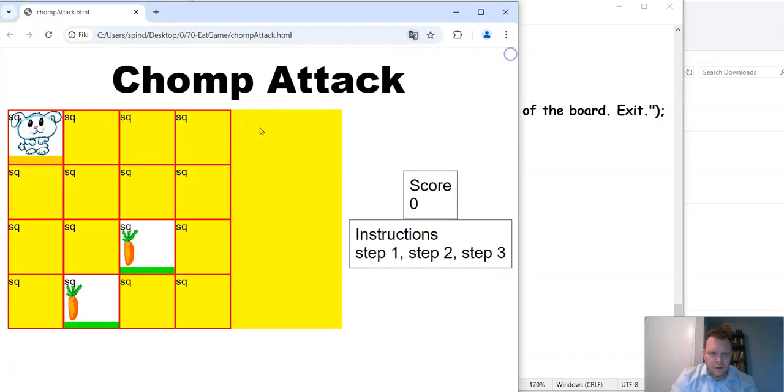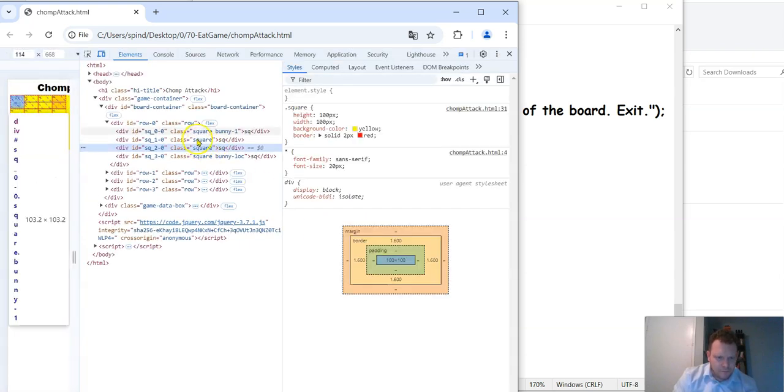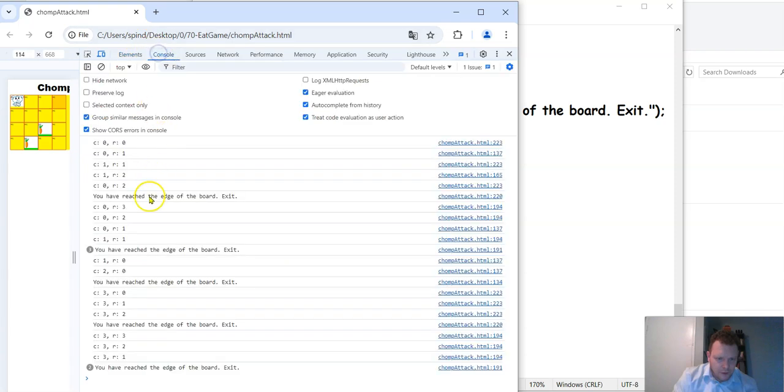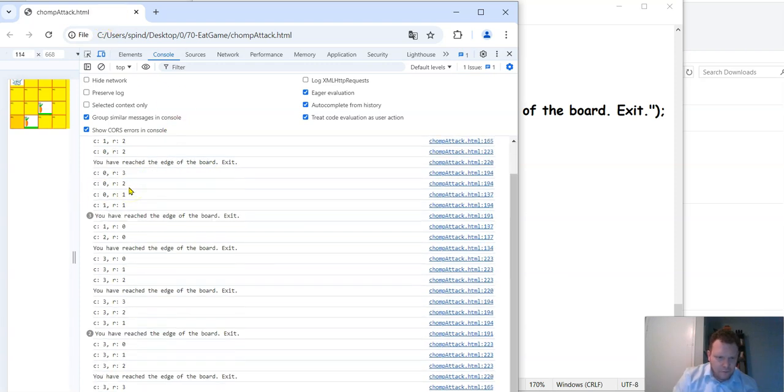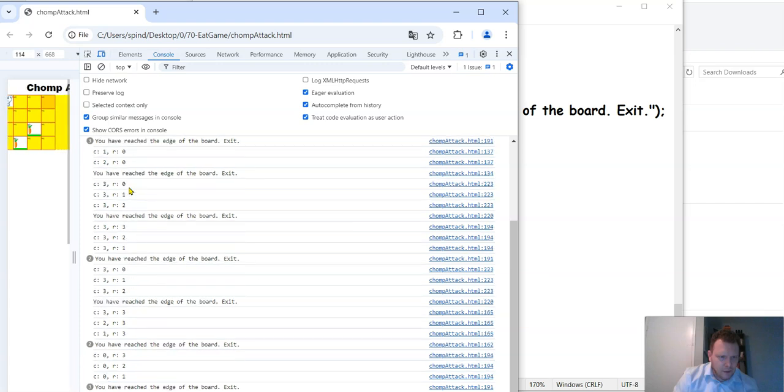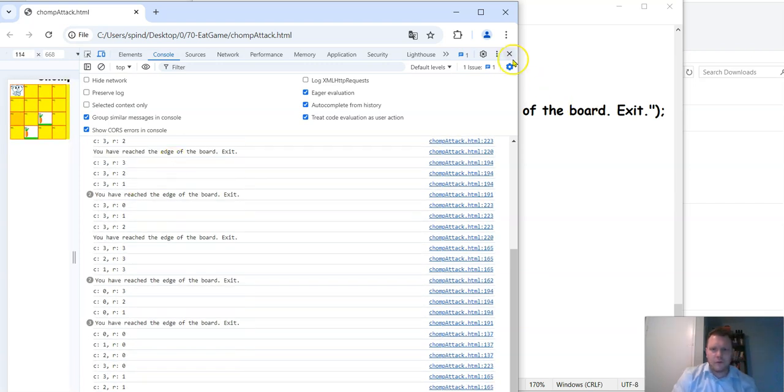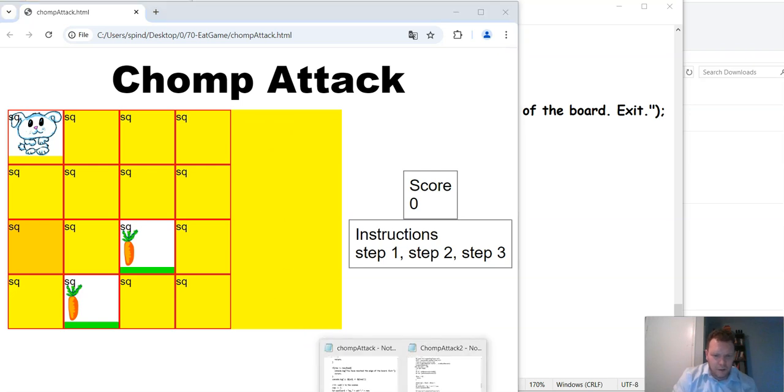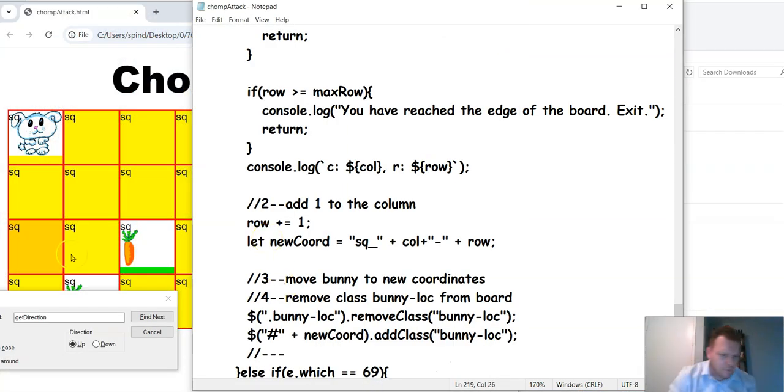Refresh. Okay, let's get the full screen. So down arrow is working, right arrow working, down, down, down. Good. So the square is not disappearing. Let's see what we're getting on the console. If I press down arrow, down, down, down, and one more time. It says you have reached the edge of the board. Okay, let's go left. Yeah, so it looks like it's working, and great. So that was actually pretty easy. Okay, so next on the list